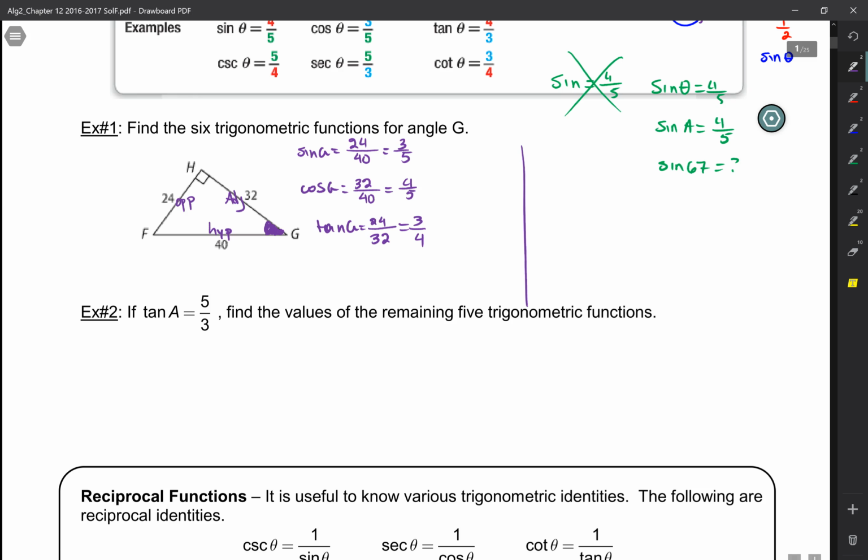Okay, so now cosecant of G is the reciprocal, 5 over 3. Let me get rid of these. Secant of G, 5 over 4. Cotangent of G, 4 over 3. Now, if you wanted to put these in decimals,